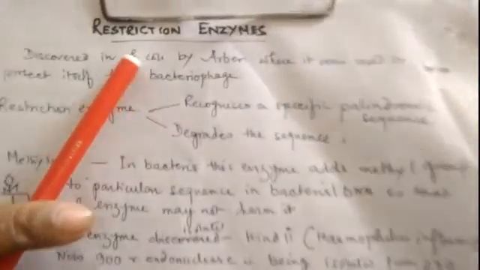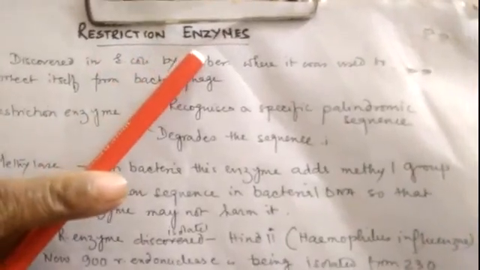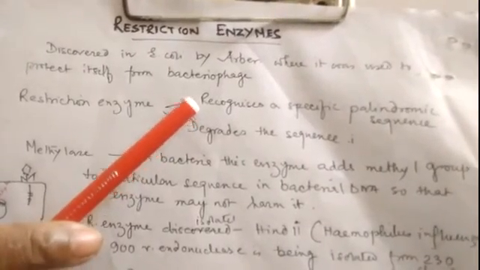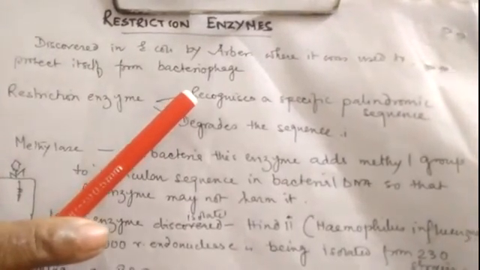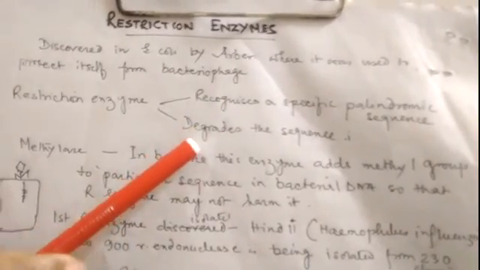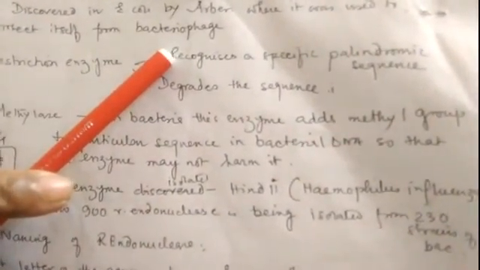So students, today we are going to discuss a very crucial part of the molecular basis of biotechnology, that is the restriction enzyme. Restriction enzyme was first discovered by Arber, clear, and these restriction enzymes are called molecular scissors. They cut DNA at specific sites, and they have two functions. First, they recognize a specific sequence in the DNA, and then they cut that specific sequence. So restriction endonuclease first recognizes a specific sequence, and then cuts it.